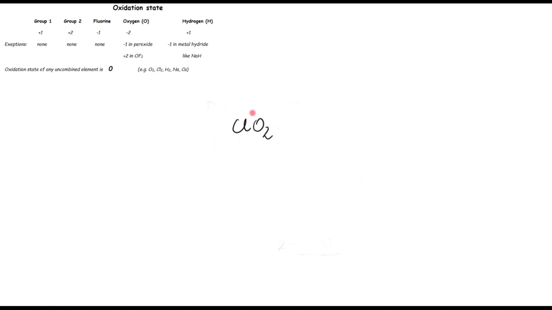Another example is chlorine dioxide. We can find oxygen in our table, it's -2, but we cannot find chlorine. We have fluorine here, but we don't have chlorine in the table, so we need to calculate it. We just put X as the oxidation state of chlorine in the molecule of chlorine dioxide. How to do it? We have one atom of chlorine in the molecule, so just 1, multiplied by the oxidation state of that atom, which is X,